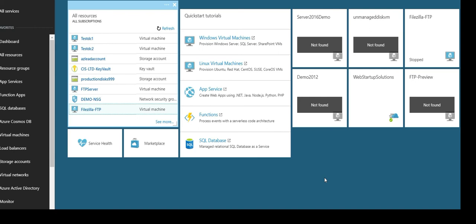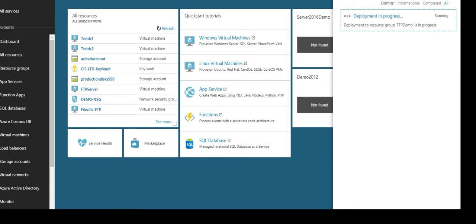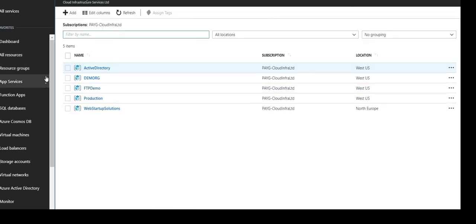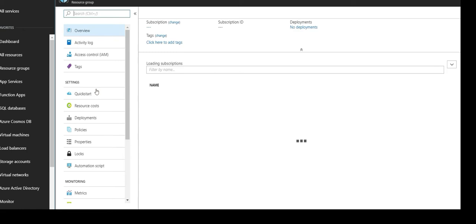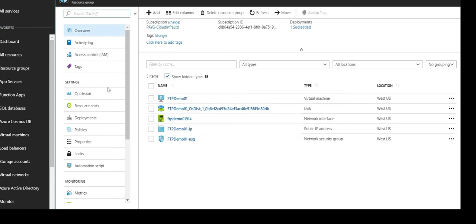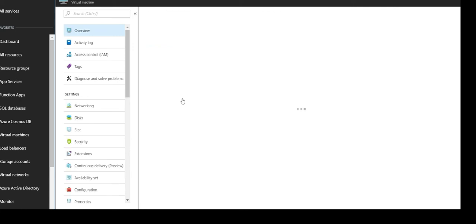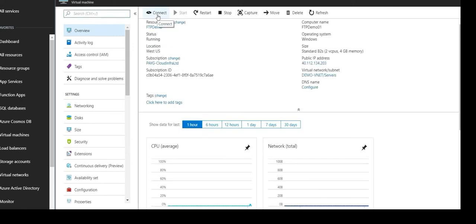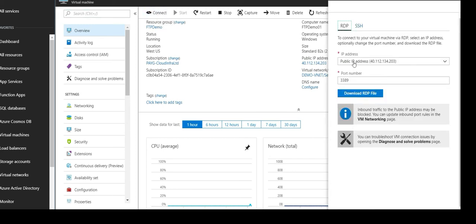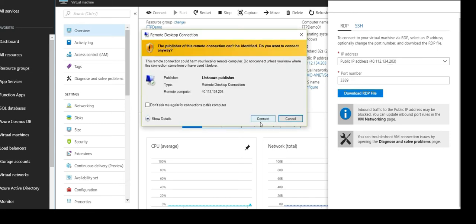Now once that finishes, there's a couple of configuration steps we need to do. So I'm just going to pause the video quickly. Okay, so that is deployed successfully. So if we go to resource groups, we can see the new resource group that we set up, FTP demo. And these are the resources that were provisioned. So if we open up the virtual machine, click connect, download the RDP file, click connect,